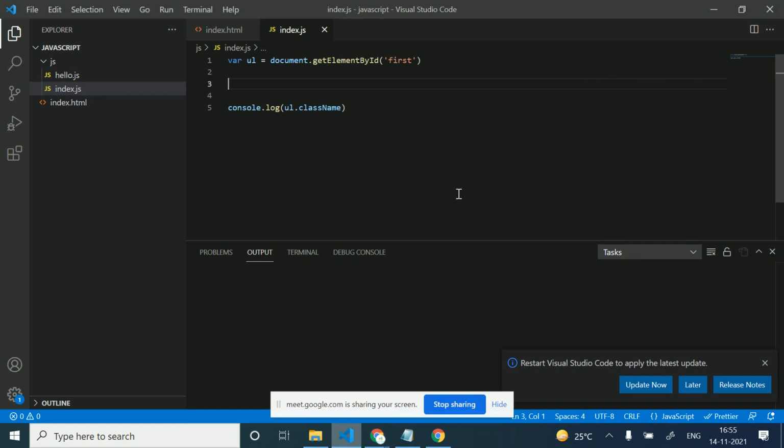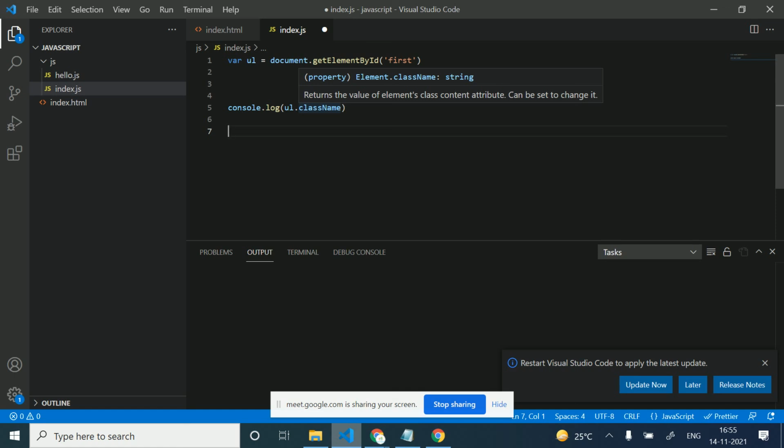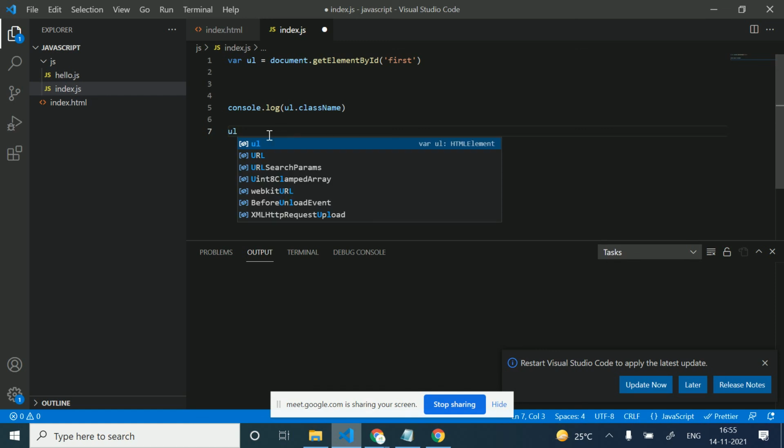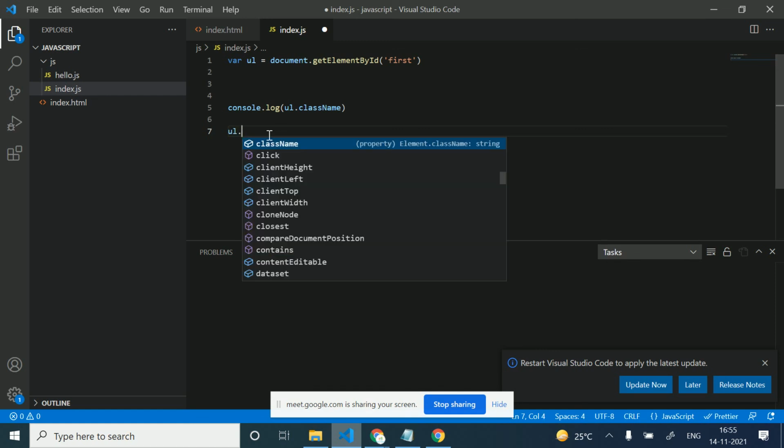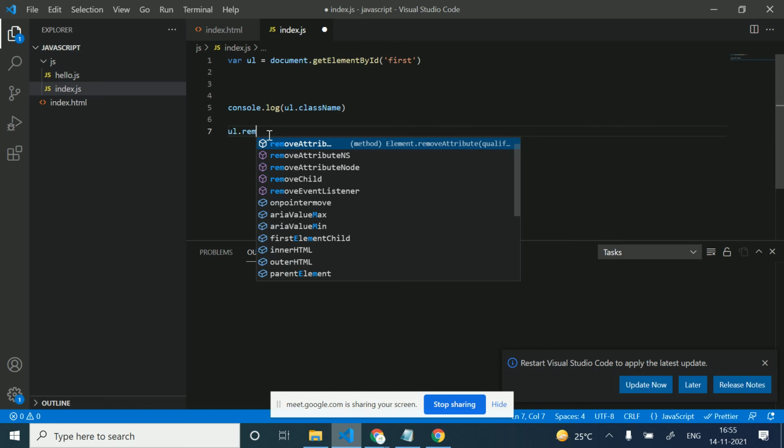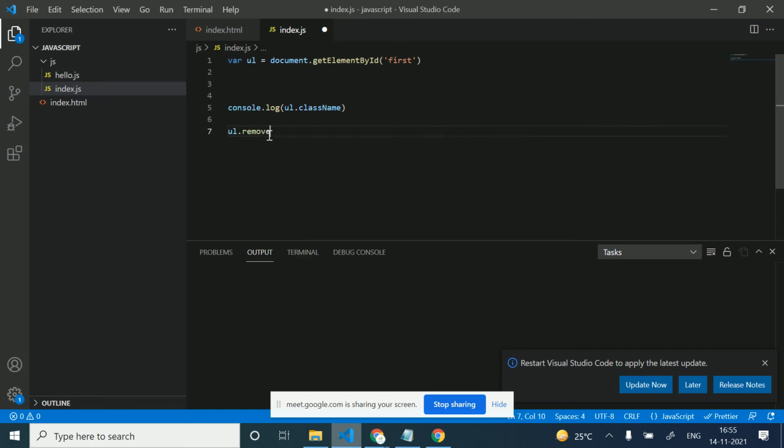Okay, so I want to remove some class from here. So how can I remove this? On ul we have a function here, like remove. Let's check. Yes, we have a function here, and we will pass here the class hello.